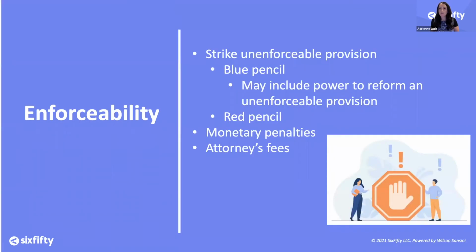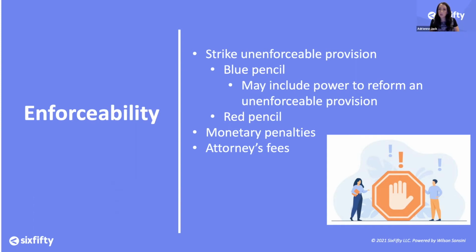So what happens if a restrictive covenant is unenforceable? Because the restricted period is too long, the geographic area is too broad, or other reasons. There are several results that can happen from this. Either the provision that's unenforceable can be selectively enforced by a court, it can be modified so that it becomes enforceable, or it can be entirely disregarded and thrown out. These different approaches are known as blue pencil or red pencil. The term blue pencil means a court will strike the unenforceable parts of that restrictive covenant to make it enforceable.